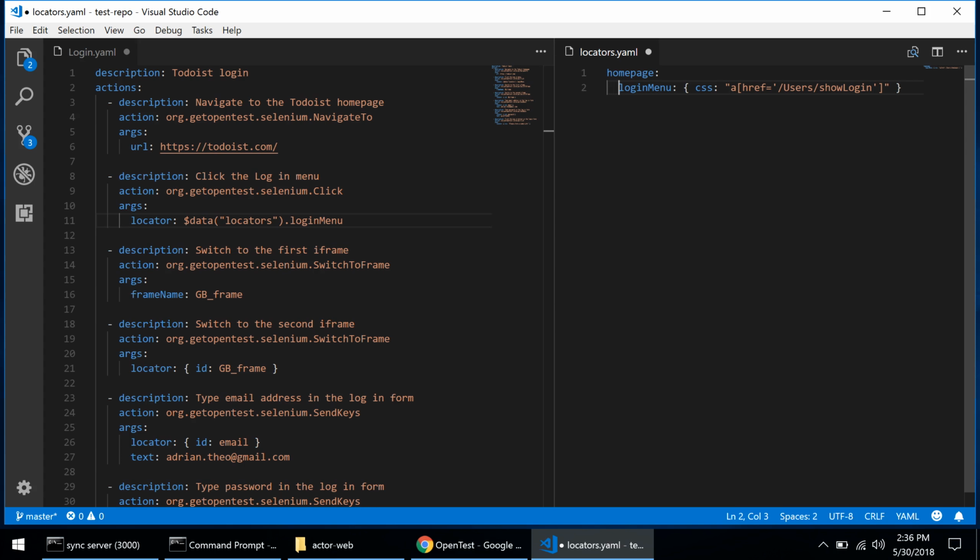YAML knows that the login menu is a property of this homepage object. So right now all of the properties that we will define will have to be at the same level. Property 2 with value 2, property 3 with value 3, so on and so forth. And all of these properties will be children of this homepage level or object. And then in the macro, when I refer to that data property, I will do